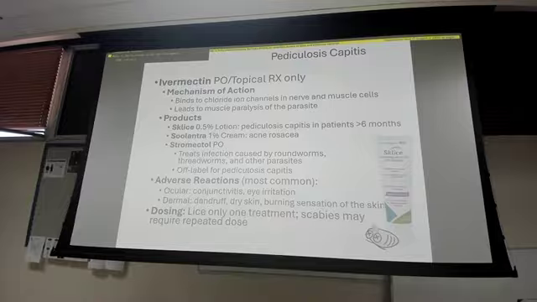So, when we're looking at this, just go through, I'm not worried about the spectrums of a lot of this stuff. Know what you're treating, and then say, all right, here's the drug that I'm going to use. What you see is that we have a lot of differences with our age cutoffs, and then our